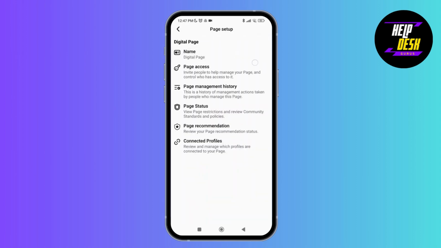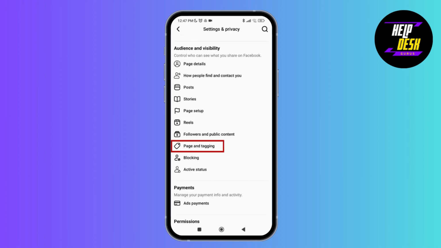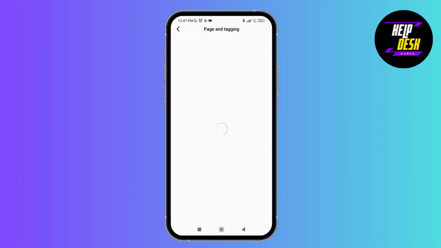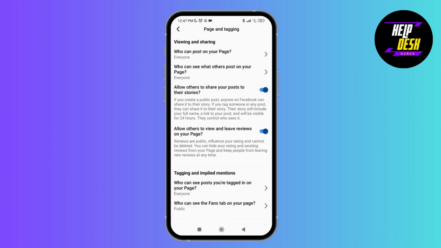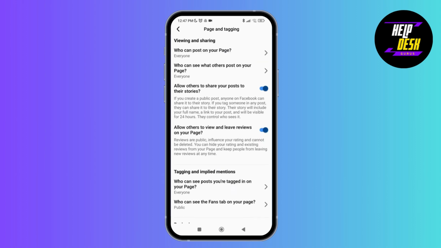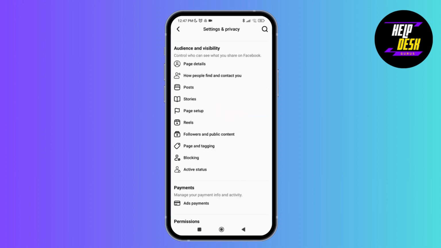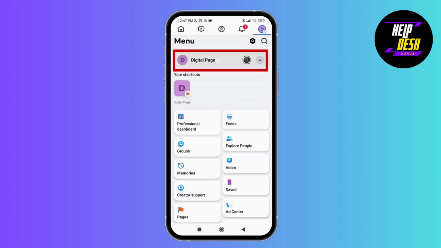You can change your name, you can change your page access and so on. After that, go back and tap on page and tagging. So you can choose who can post on your page and what others post on your page, who can see them and so on. After doing all of this, you can now just go back to your profile over here